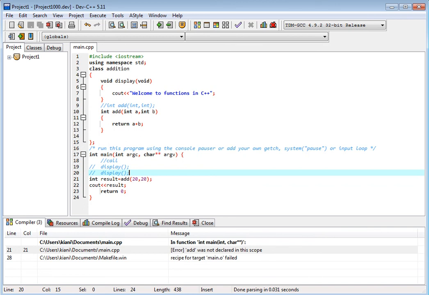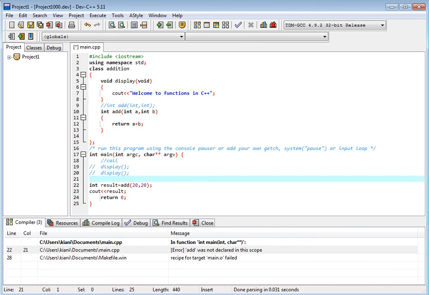What we do is we declare a class variable.